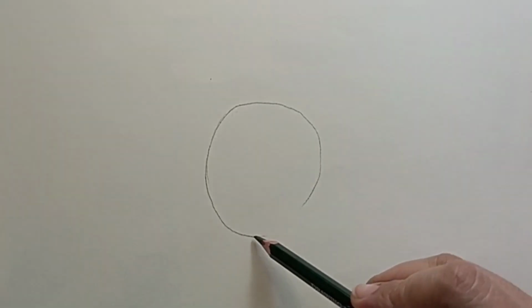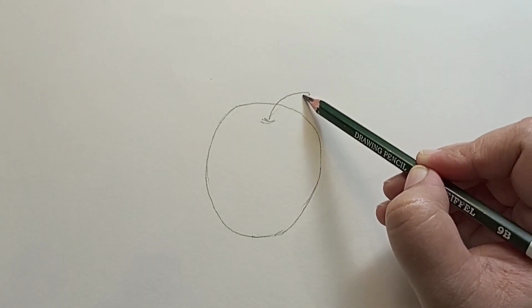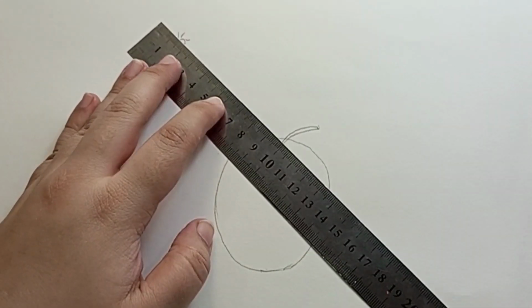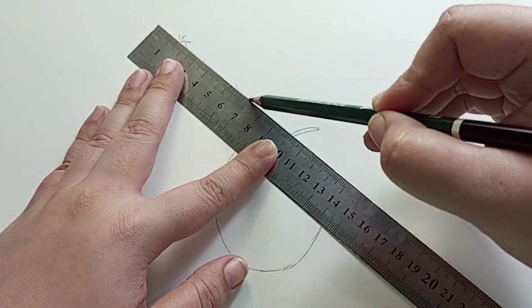Begin by lightly sketching the apple on your canvas. Imagine the light source is from the top left. Mark it with a small sun or flashlight. To create a cast shadow, use a ruler to align its length with the light source and the edge of the apple,